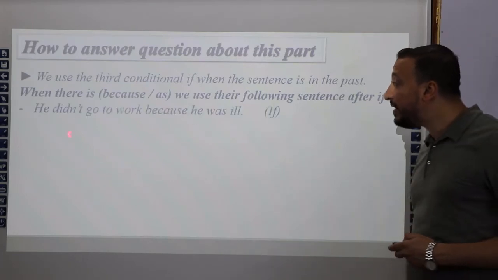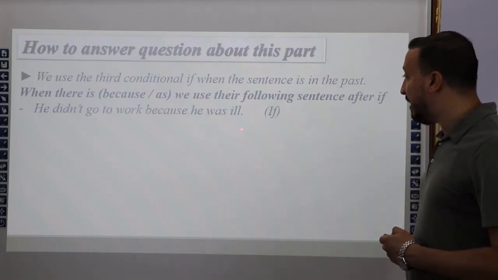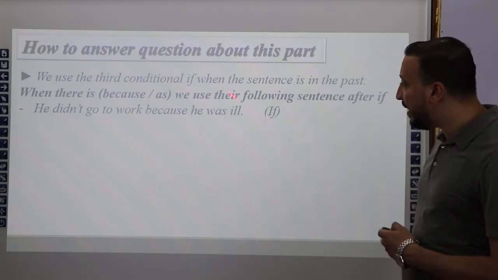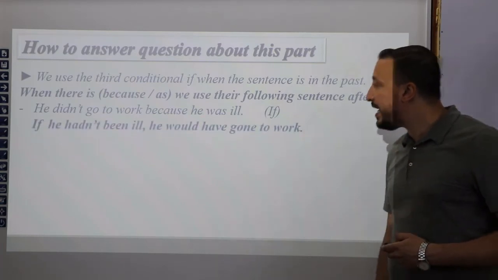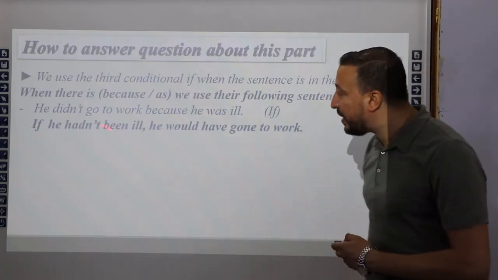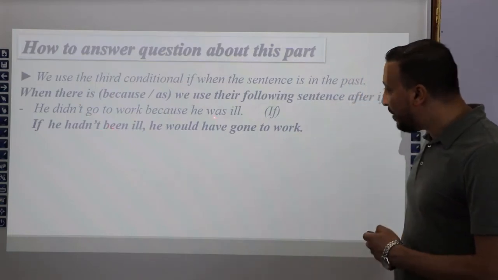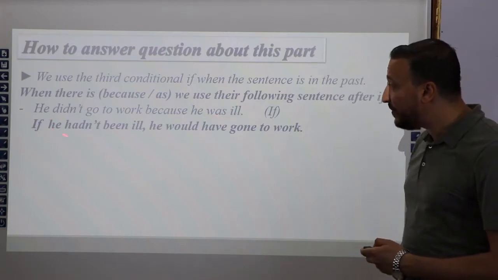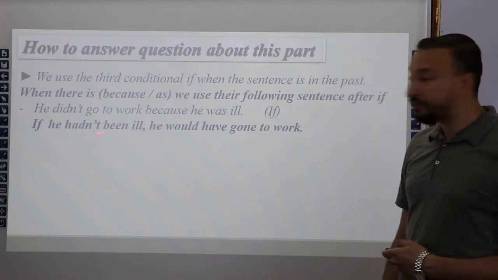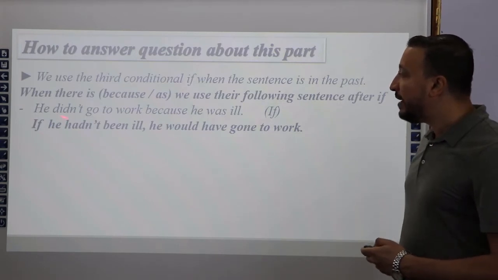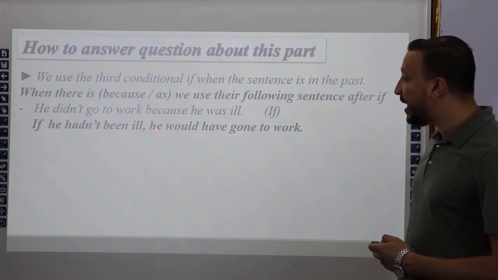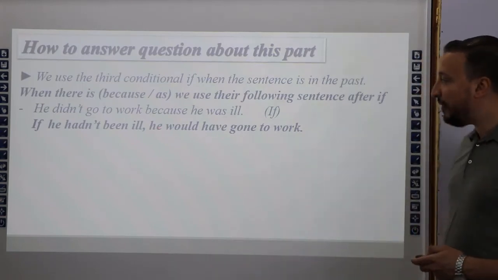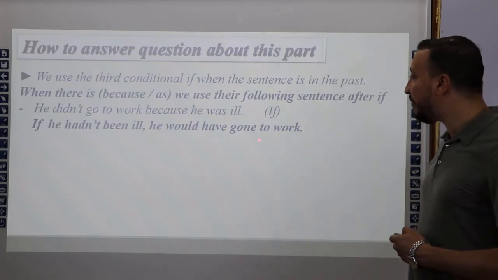Like this example. He didn't go to work because he was ill. يبقى if هنعمل ايه هنا؟ هبدأ بأنهي جملة؟ He was ill. هبدأ بالجملة دي. يبقى if he، طبعا قلنا يجي وراها past perfect، يبقى had بلس البي بي. طب هنا مثبتة يبقى اخلي الجملة هنا نيجاتيف. If he hadn't been ill he، طب هنا نيجاتيف تبقى هنا positive مثبت، يبقى he would have والتصريف الثالث من go تبقى gone to work. يبقى if he hadn't been ill he would have gone to work.